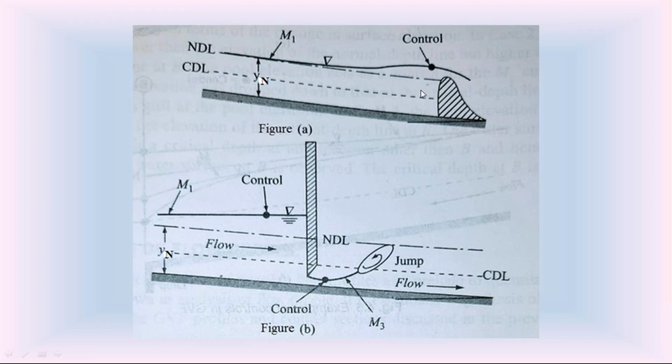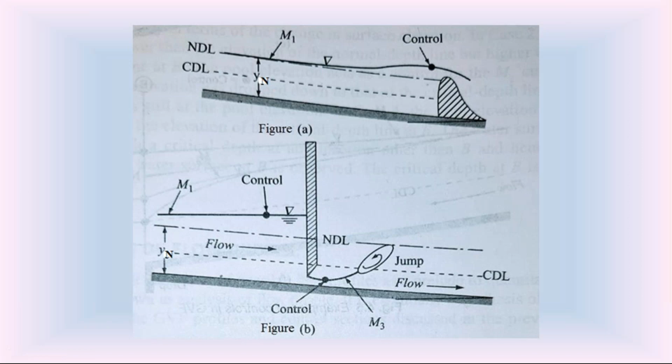Can anybody give the answer for that? I am asking about the length of this backwater curve M1. It is a rising water surface profile, so we are calling this M1 a backwater curve. From this weir up to this distance, it is asymptotic to the normal depth line up to this point on the upstream side. What is the length of the backwater curve M1? Definitely at least some students in the class will get the doubt.